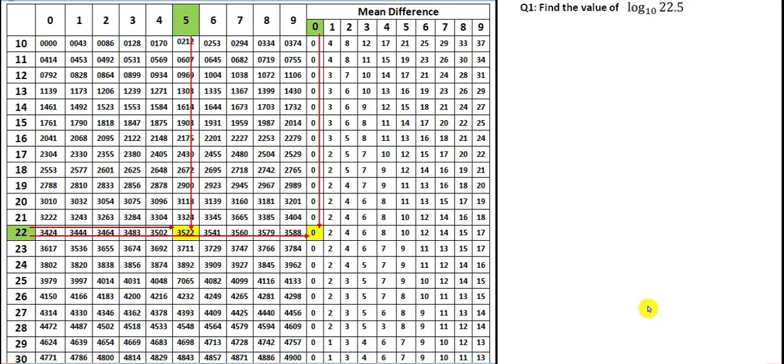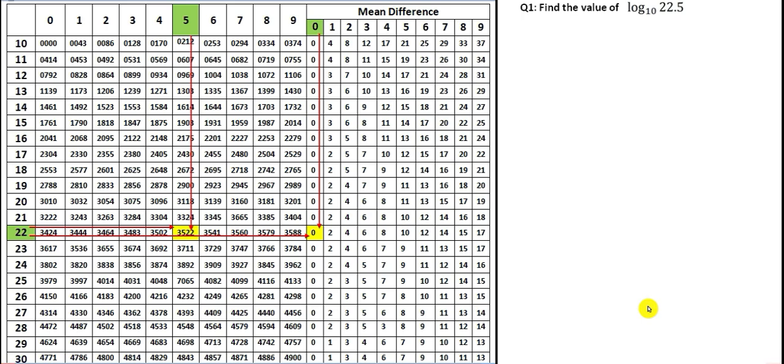Welcome students. Today we will discuss a very small topic. Although it is not directly in your syllabus, it will be useful in future. Sometimes the values of logarithm are not given directly in the questions while solving numericals, and in that case you will be provided with a log table, and you have to find the value of the logarithm from the table. So now we will learn how to actually find the values of logarithm from the given table.